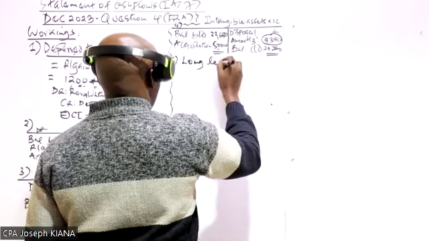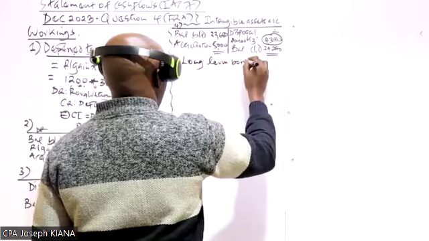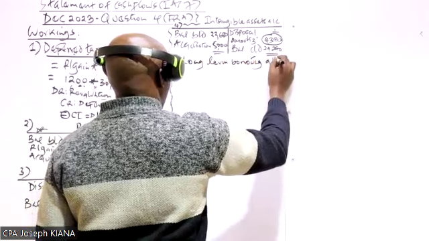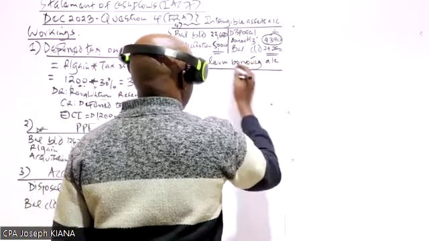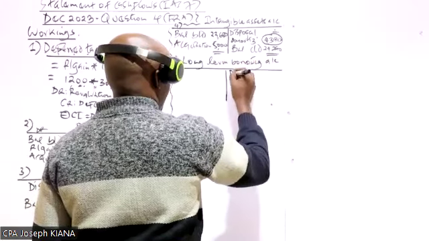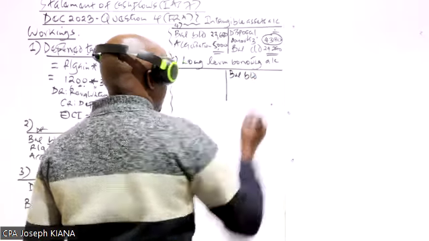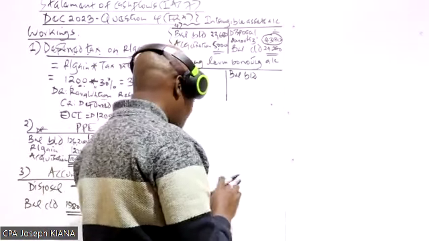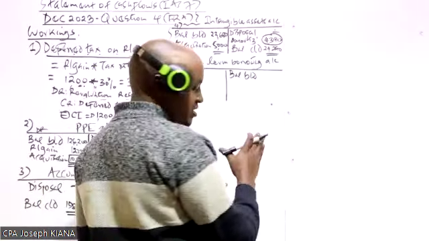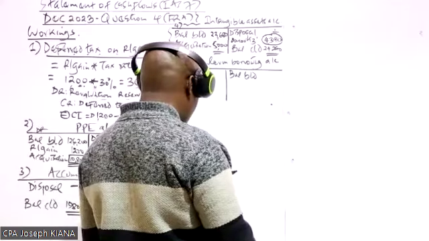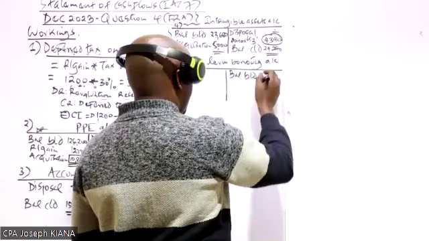Long-term borrowing account. So first of all, we start by recording the opening balance. So the opening balance in this account, remember these are liabilities. All liabilities, they have a credit balance. Long-term borrowing at the start was